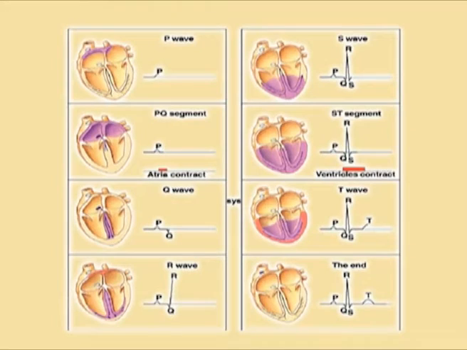Confused? Well, you do not need to be. Let us have a look at the next diagram again. Here you can see that there are P waves, the QRS peaks and the T wave. The P wave indicates contraction of auricles, the QRS complex indicates the relaxation of auricles and contraction of ventricles, whereas the T wave indicates the relaxation of ventricles.